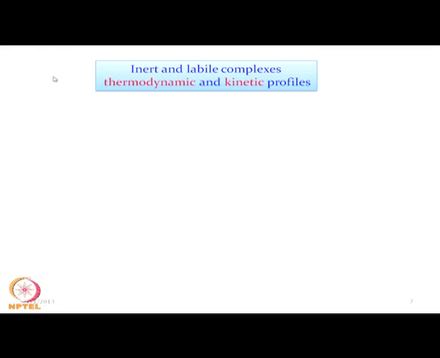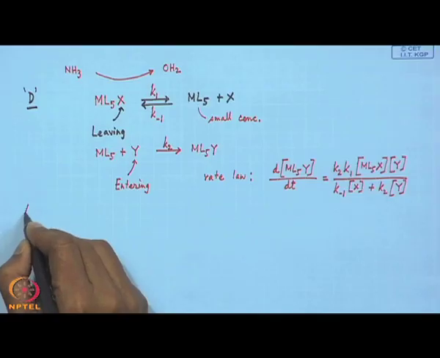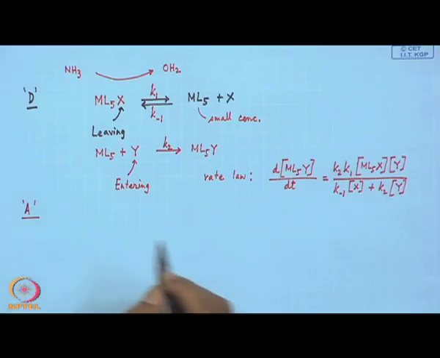This we have already discussed in detail, that means how we can consider the different inert and labile complexes. One is the corresponding thermodynamic part and another is the corresponding kinetic part. So, when we have these reactions, one we are considering as the dissociative path, another we are considering as the corresponding associative path. And when we consider these reaction profiles, as when we have this particular case as D, we can also consider the reaction as the corresponding associative pathway, where